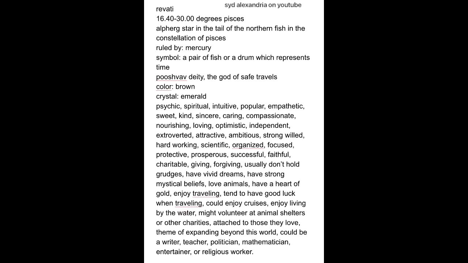Revati is from 16 degrees 40 minutes to 30 degrees, all within the sign of Pisces. Its star is Alpherg, a star in one of the tails of a fish in the constellation of Pisces, and its symbol is a pair of fish or a drum. If you want to read more about it, you can, but I'm just going to say that Revati is very